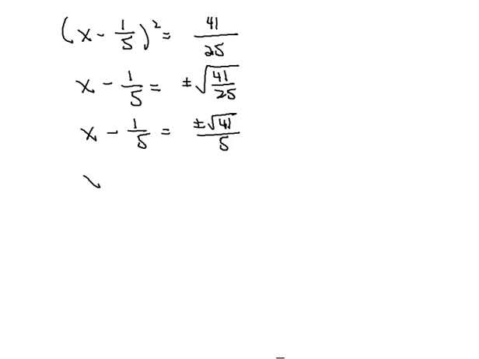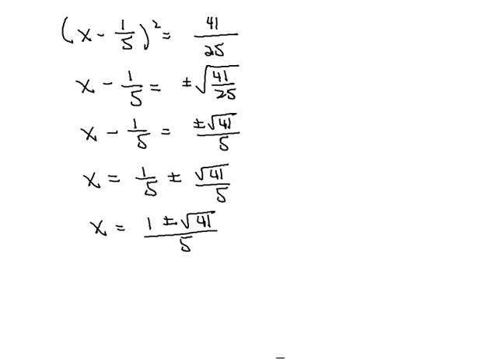And then isolating the x, we'll add 1/5 to each side, so we have 1/5 plus or minus the square root of 41 divided by 5, and writing as a single fraction, we have 1 plus or minus the square root of 41